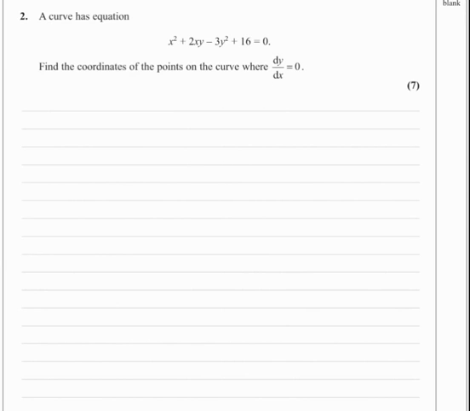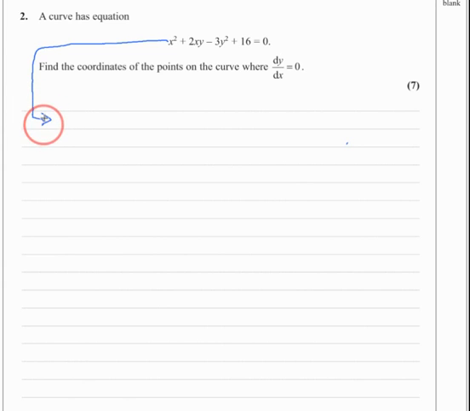Here we have a video on differentiation, specifically implicit differentiation. Okay, let's get to this exam question. So we've got a curve which has equation x squared plus 2xy minus 3y squared plus 16 is equal to 0. And we want to find the coordinates of the points on the curve where dy dx is equal to 0. So first things first, we need to actually differentiate